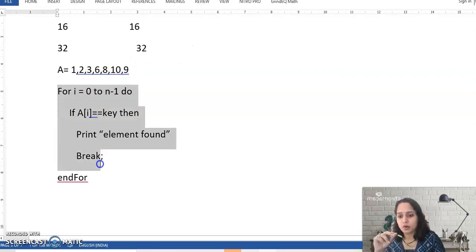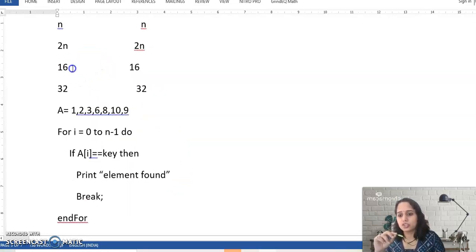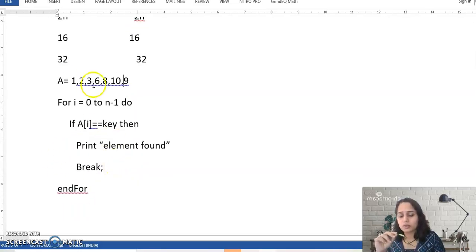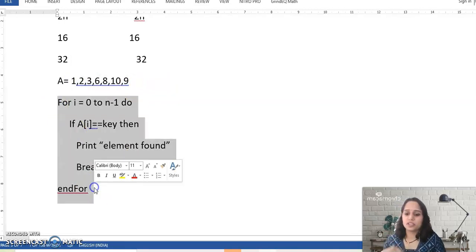So how many times will this for loop execute? Initially for i equal to 0, then for i equal to 1, then 2, then 3. For example, consider my value is 16. How many times will this loop execute? From the value 0 to value 15. How many times is it executed? It will be executed 16 times. So always this loop will execute n number of times. What is n? n is the size of this array, or we can say n is the number of elements. So this is the first example.